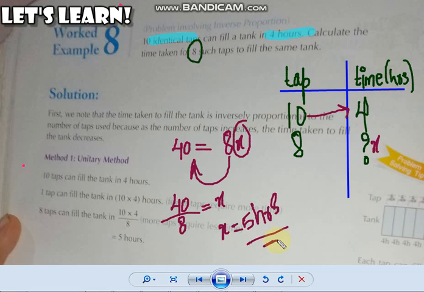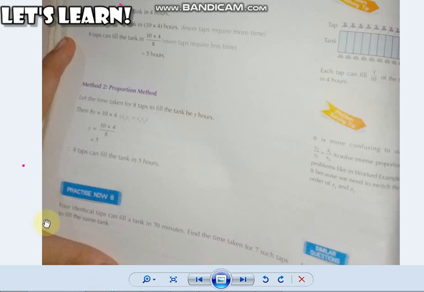That's the answer. So you can either do this directly, or if you wish, if you have a lot of time, you can first make the equation and then calculate. You will come across the same answer. So अगर आपको कहा जाए तो आप इक्वेशन बनाकर लिखेंगे, लेकिन अगर ऐसा कुछ ना कहा जाए, so you will do your work directly. Keep in mind, whenever we are having inverse proportion, we are going to multiply it directly. You can do the question below as your practice question.